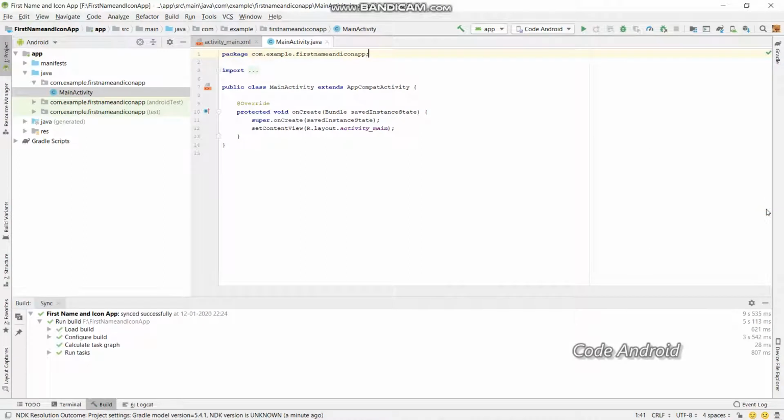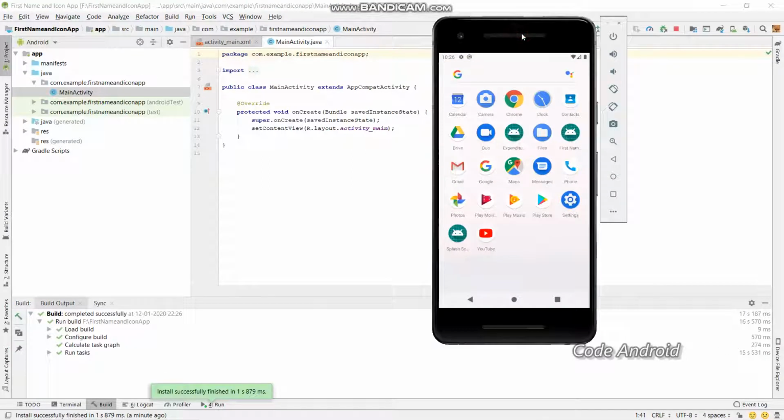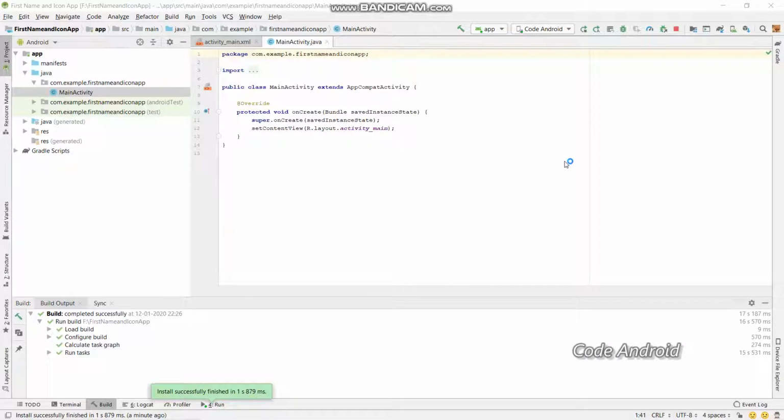There are two methods to change the icon of the application. First, we shall see how initially the logo looks in the Android mobile. Run this empty project. After running the project, we can see the logo of the application like this. And this is the logo which looks somewhat odd. So now we shall see how to change the